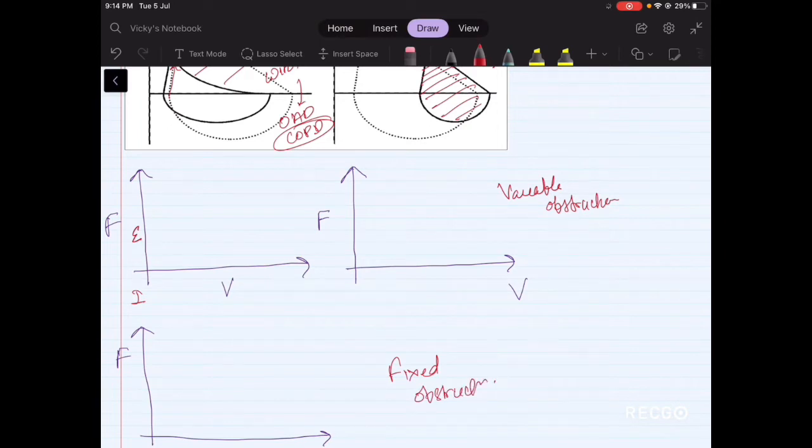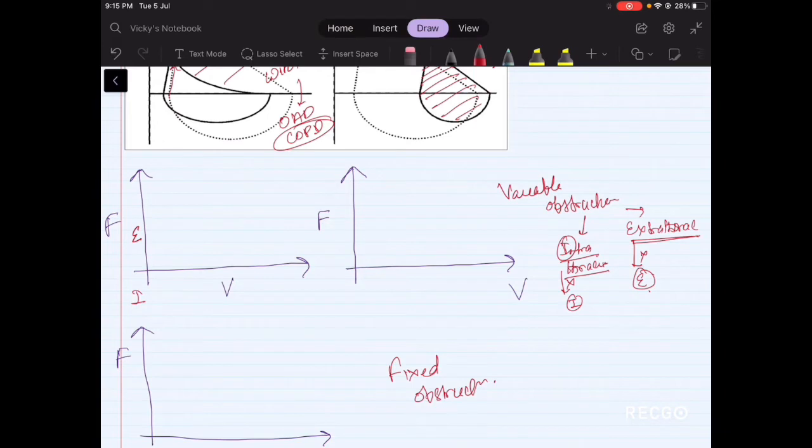Variable obstruction can be intrathoracic or extrathoracic, right? So you just have to remember that I is not with I and E is not with E. That is, in an intrathoracic obstruction there is problem in expiration, in an extrathoracic obstruction there is problem in inspiration,